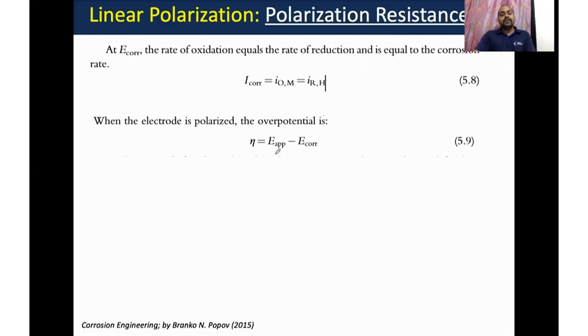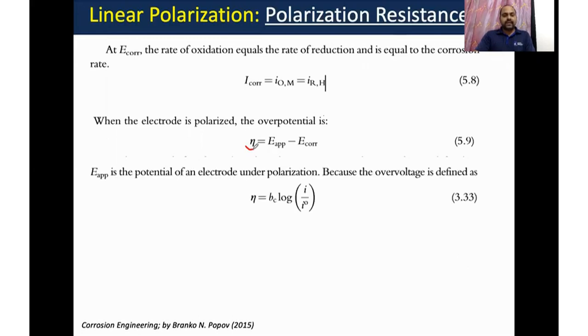From here, we can say these BA and BC are constants known as the anodic Tafel slope and the cathodic Tafel slope. Okay, and in this case, we can again represent this equation like this and this. Again, we can rearrange it as 10 to the power of eta over BA like this way. Similarly, minus BC. So these two equations, if you just remove the logarithm, become like this.